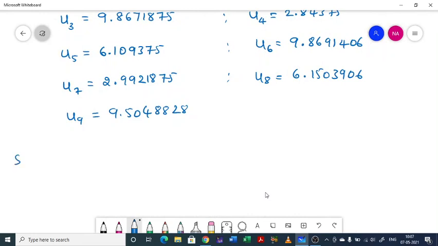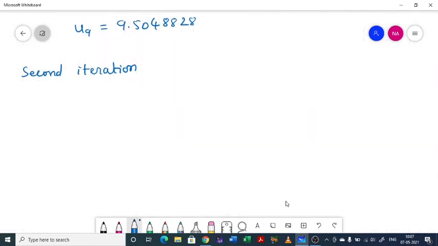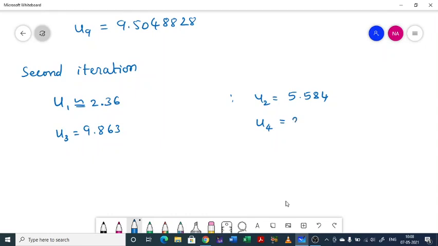Next, second iteration. Same process you have to repeat. Second iteration. So here I will just write the values. u1 2.375, now I will get u1 approximately, not exactly, approximately equal to 2.36. u2 we are getting 5.584. u3 9.863, u4 we will be getting 2.865,